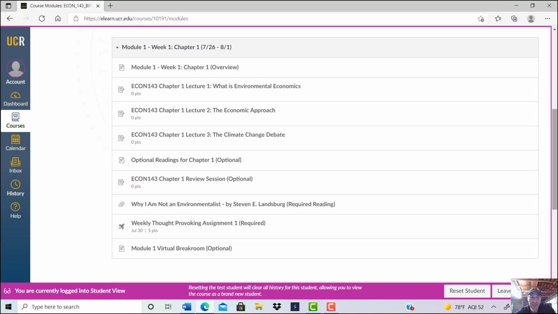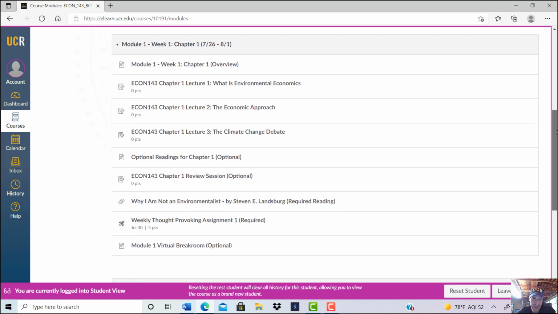So when it comes to completing the module, this is what a typical module might look like. It's going to have the lecture videos broken up there for you, as well as some optional readings if they apply to that module. Some modules might also have a required reading. And then there's also going to be an optional review session for every module that you can attend if you see fit.